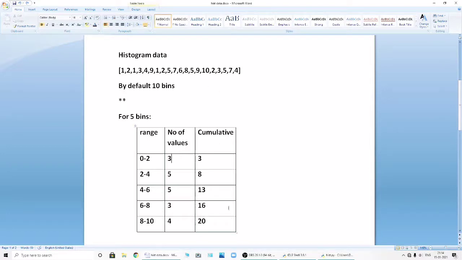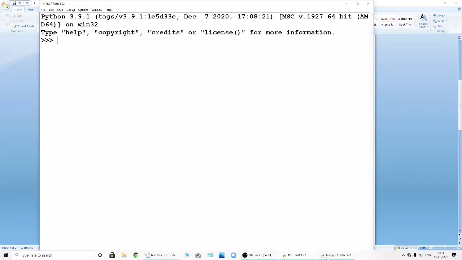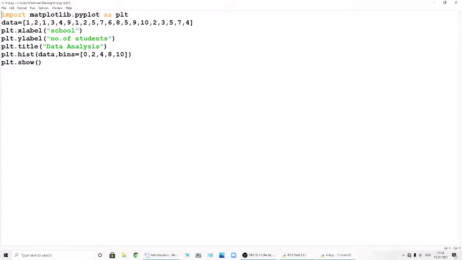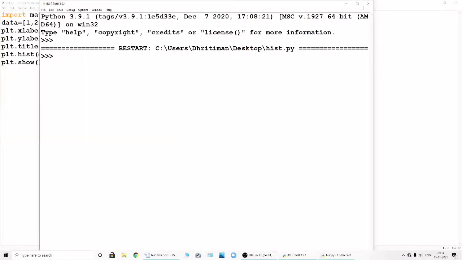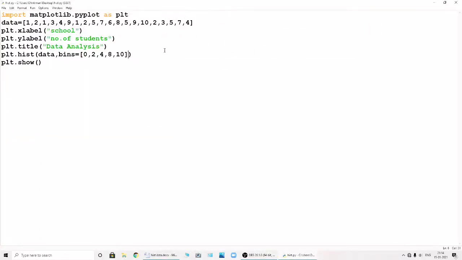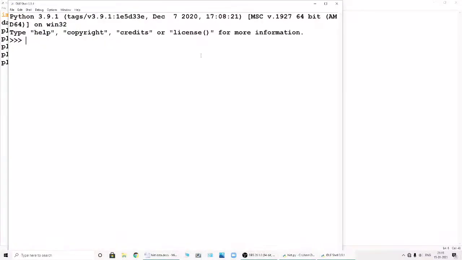Now let's see, as we have already done this here, I'll just edit it. But before that, let's see the output. This is the output till now. Now if we want to add cumulative, we need to write cumulative equals true. After writing this, just see what output comes.